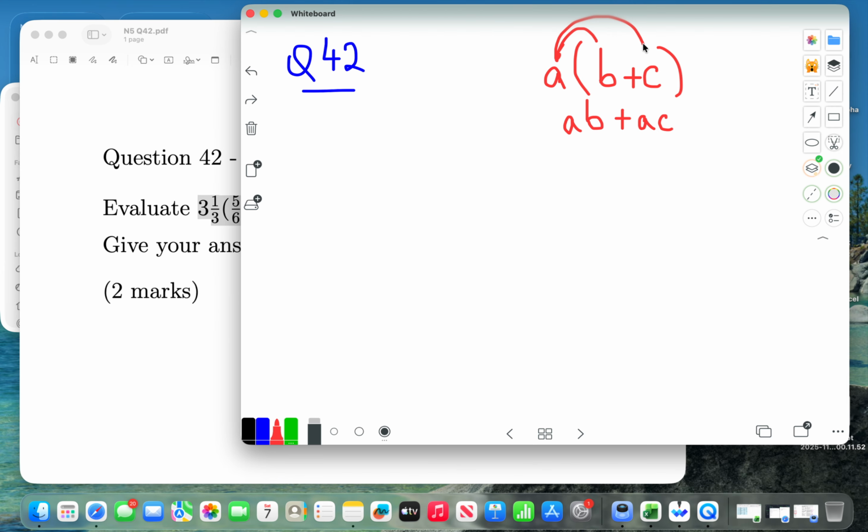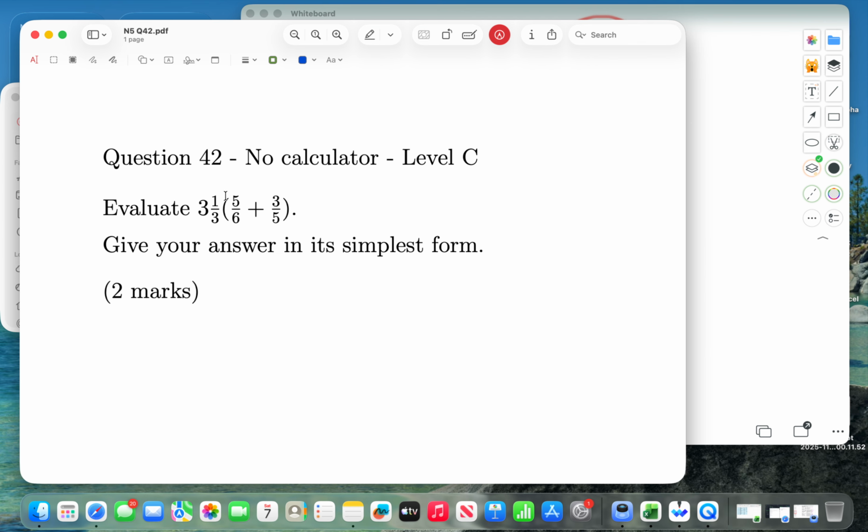But there's another way you can think about this. You can think about A as being multiplied by the inside of the bracket. So you do B plus C, then you multiply that by A, and that's the way I think is the easiest way to do this one. So we're going to do 5/6 plus 3/5, then multiply by 3 and 1/3. So let's do